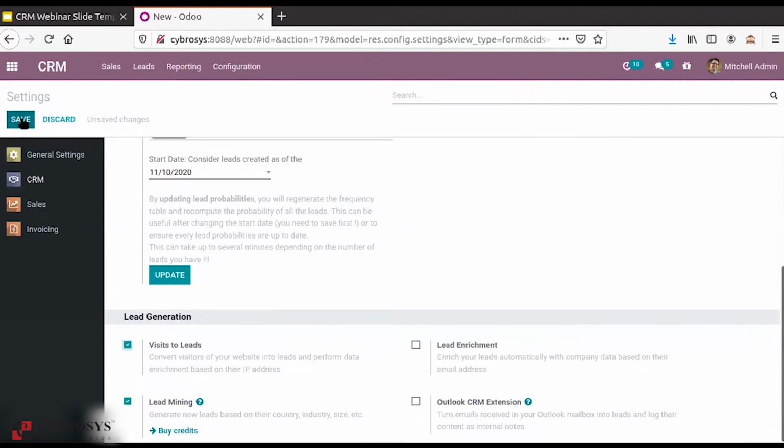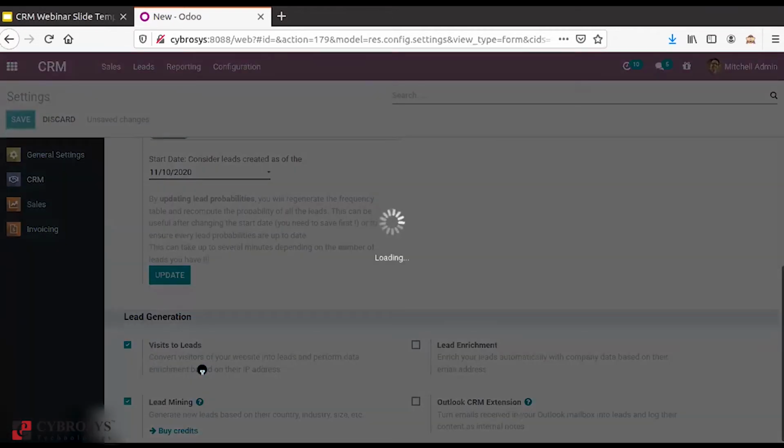Basically, with this visit to lead, it converts your website visitor into a lead. Using this, it tracks the IP address of your visitors to transform them from just a random number of people who are looking at your website into a lead in CRM.